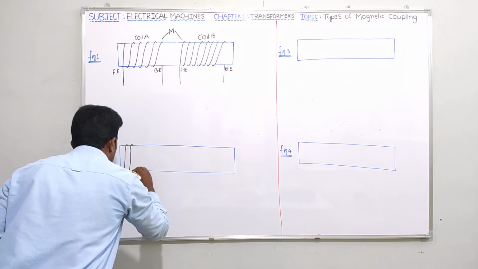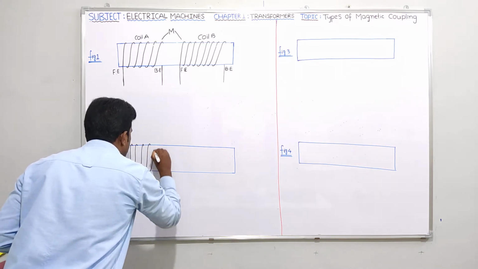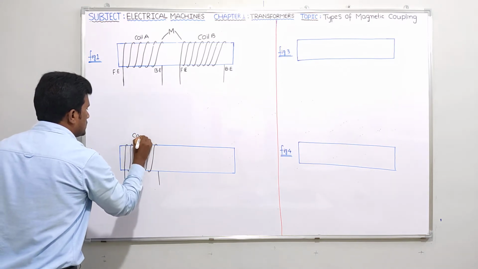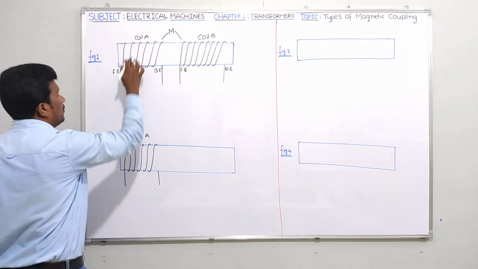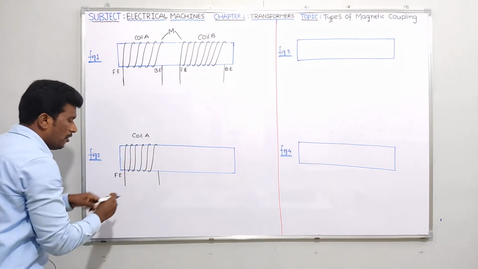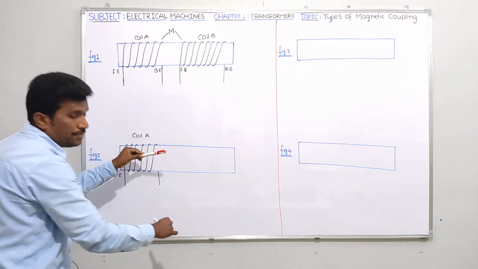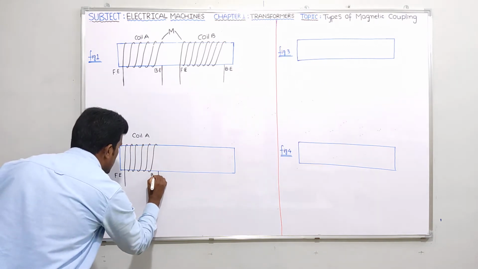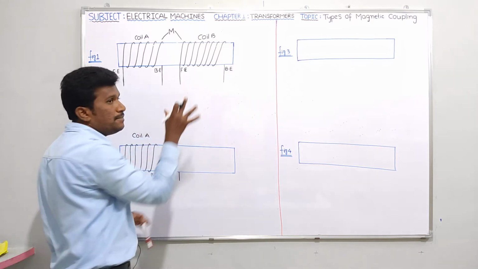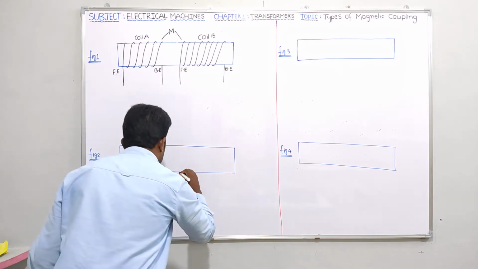This is what I can say, coil A. Yes, coil A. So please tell me guys, just try to see figure number 1 and tell me, coil A. This one is the front end. Yes, here also the winding is going from the front side of the core only, front end, and the winding is coming from the back end of the core. I can take this one as the back end. Is it clear? Yes. Now here in this coil B also, same, I'm just taking the same sense of winding as figure number 1. Okay. Yes, like this.